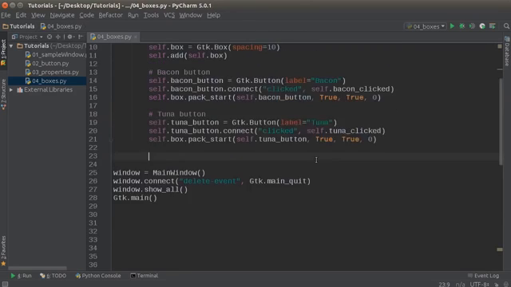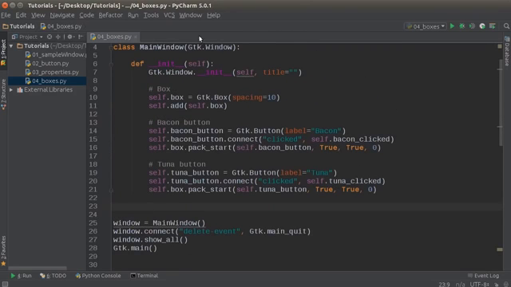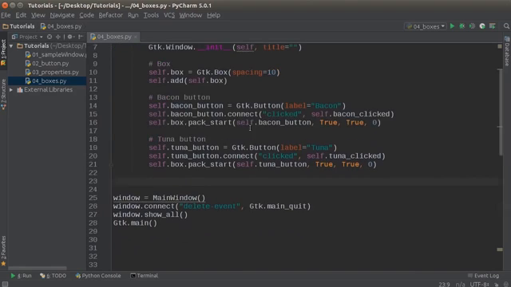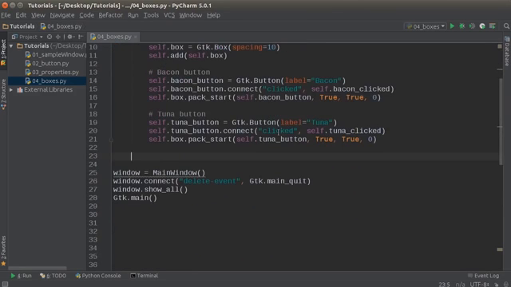Looks beautiful. All right. So we created a window, an invisible box, and we now have 2 buttons inside of our box. Now, of course, we hooked up their click functionality to methods that we didn't create yet. So let's just go ahead and create those right now. So def bacon_clicked, self,